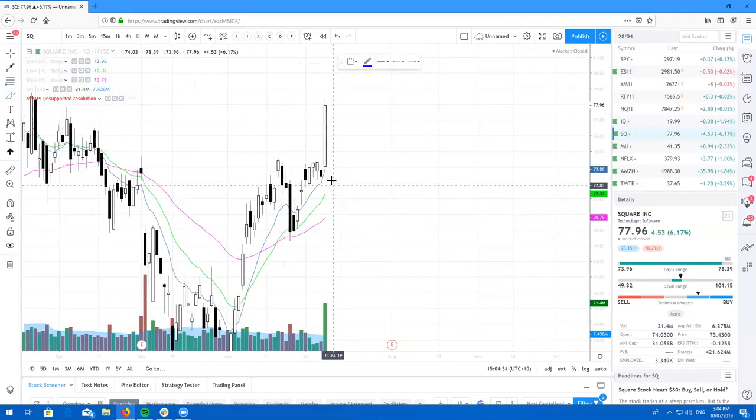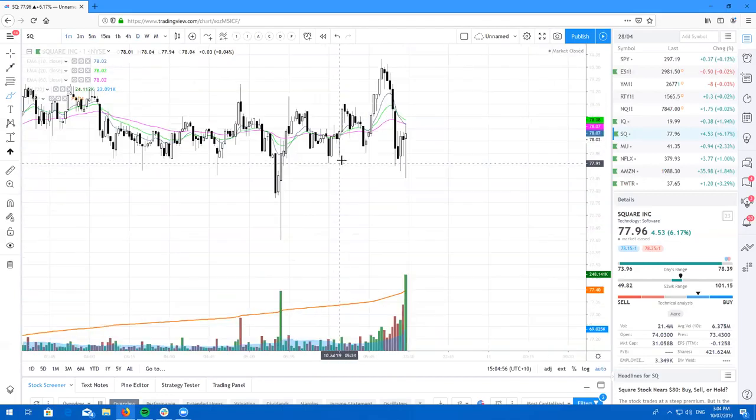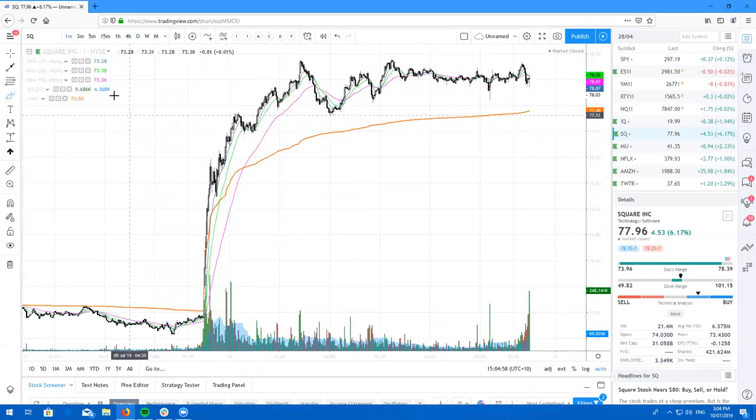We had a bearish candle yesterday, and we gapped. The high of yesterday's candle was 74 on the nose, and the open of today was 74.03. So we actually gapped up above the high of yesterday and came down for a cute little retest. You can only really see it on the 1 minute chart. If I zoom right in here,